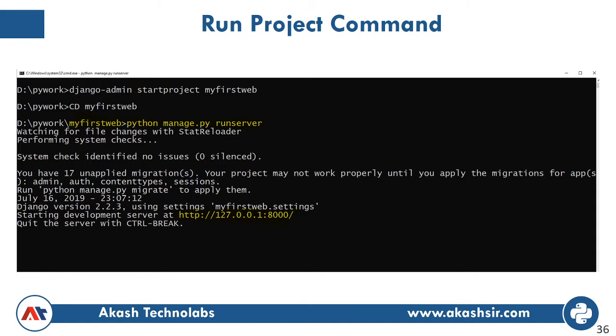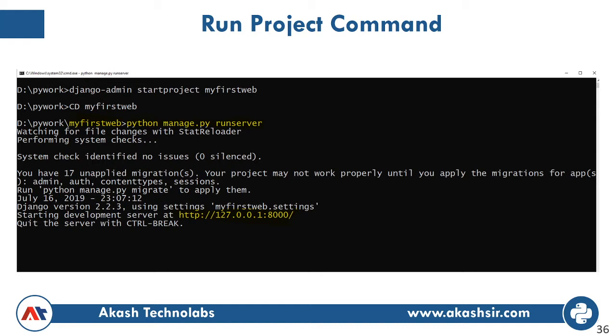If you want to run your project, simply type the command python manage.py runserver. What will this do? I can see a few people's comments, but don't worry, I will give you the solution at the end of this webinar. So for example, I want to run my Django project.